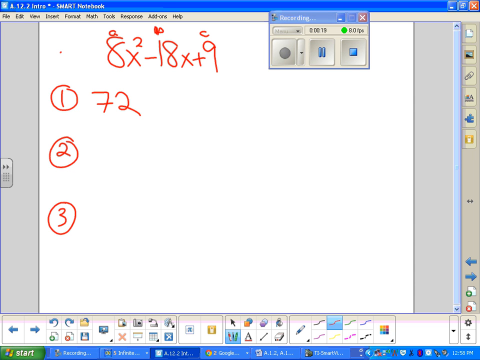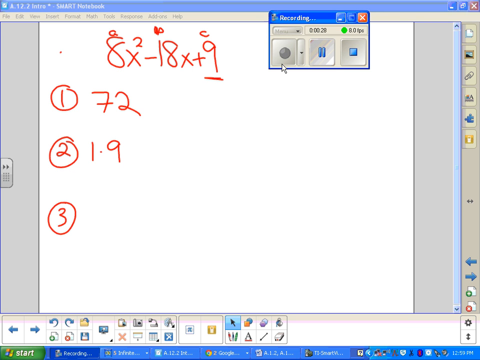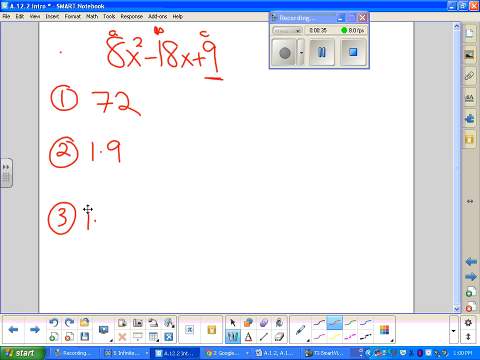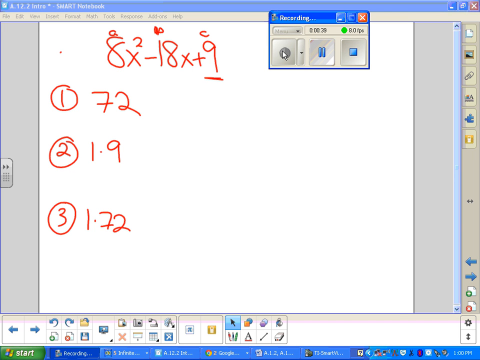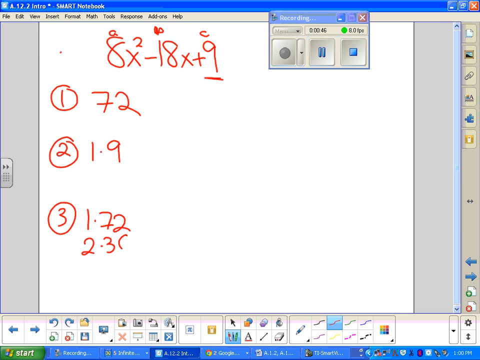Second stage is write down all the factors of positive 9. We don't have too many of them. Now I have to figure out what my factors of 72 are, and there's a lot of them. There's 1 and 72. All right, that's better. There's 2 and 36. If you're unsure, take out your calculator and start trying them. 3 and 24. There is 4